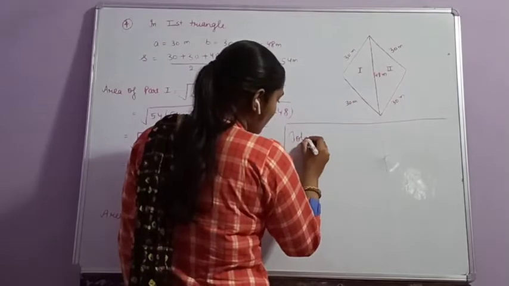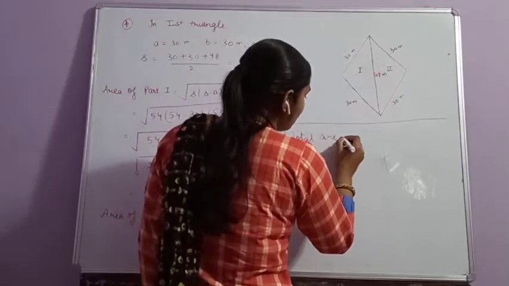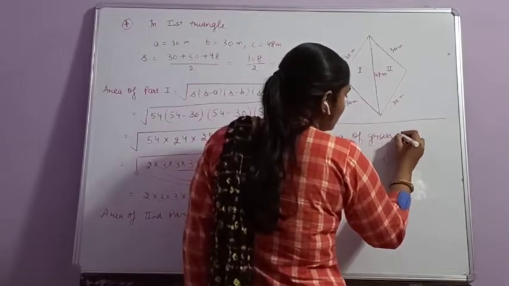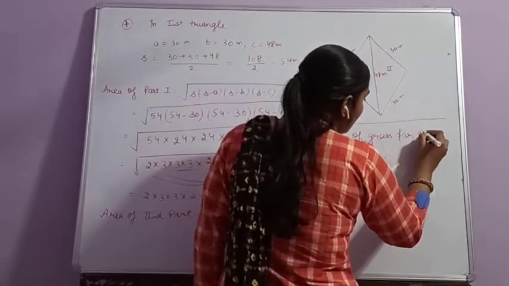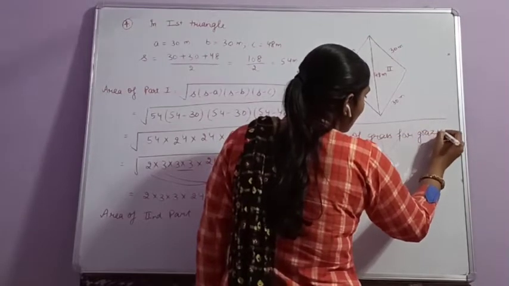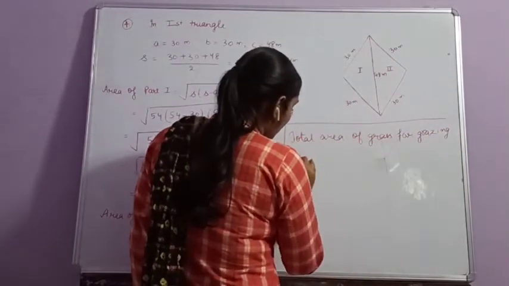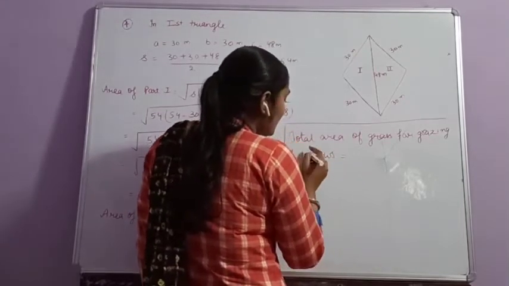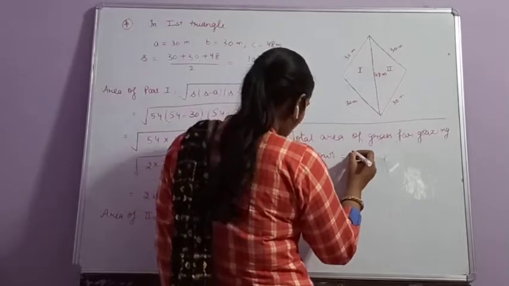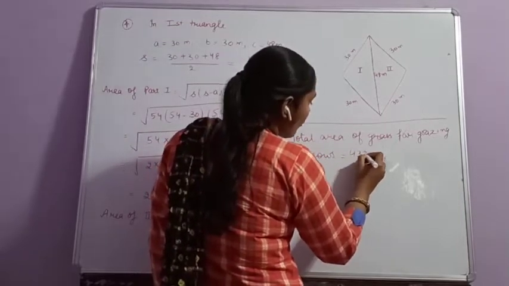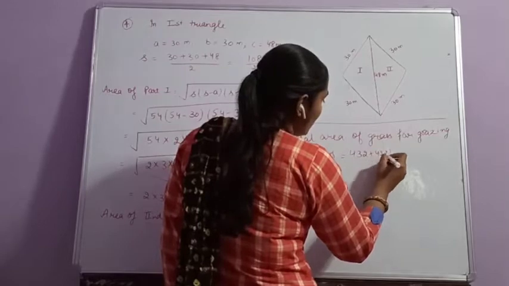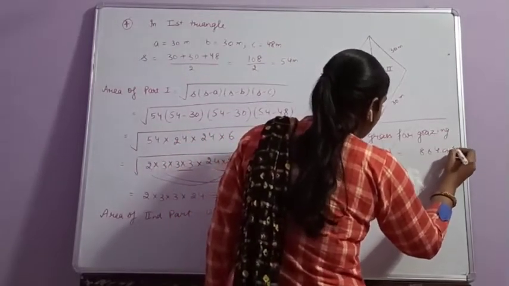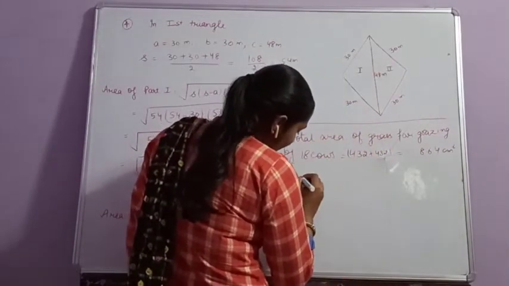total area of grass for grazing of 18 cows. टोटल एरिया जो है आपके पास वो कितने काउस के लिए है? 18 काउस के लिए. दैट इज इक्वल टू 432 प्लस 432. दैट इज इक्वल टू 864 स्क्वायर सेंटीमीटर. नाउ एरिया